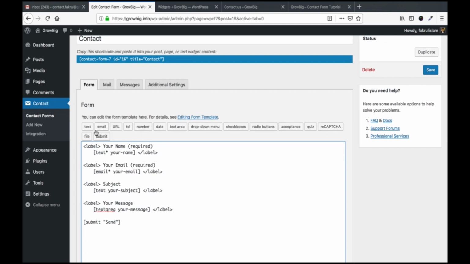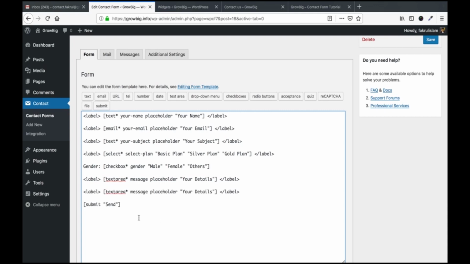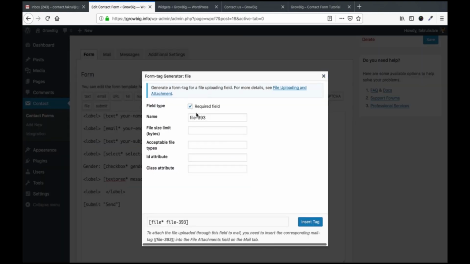Above this you can see some fields. If you click on a field, it will be added automatically. We will discuss the file size and file format, which are important. If we click on the file, here you can put the name and select the file size. It should be calculated in bytes.